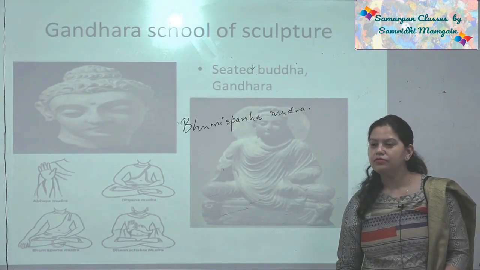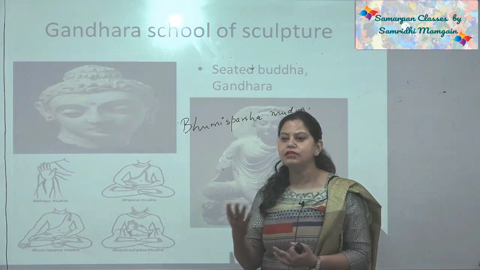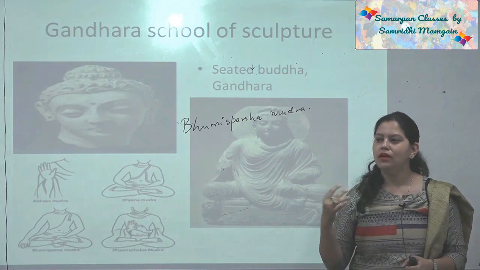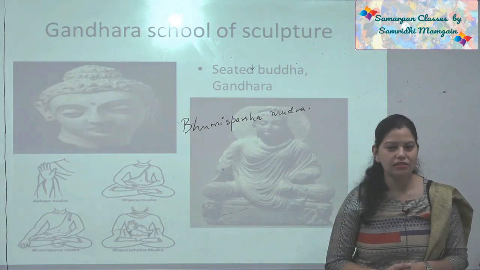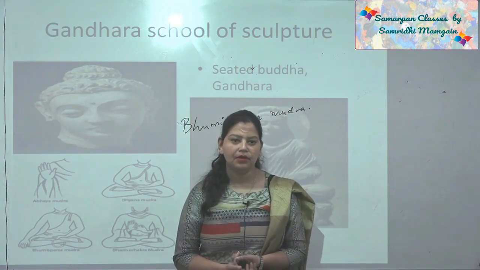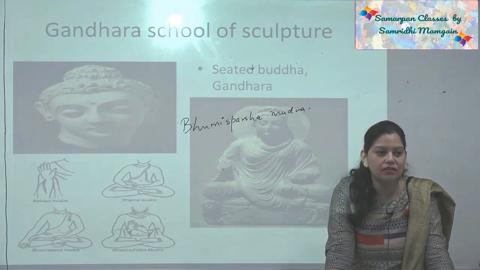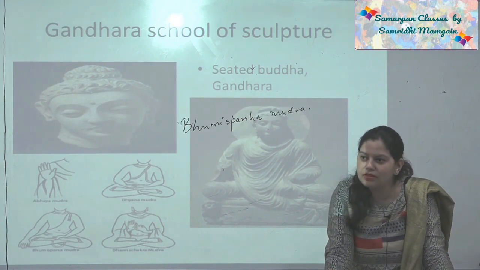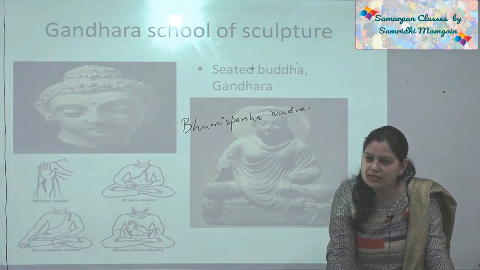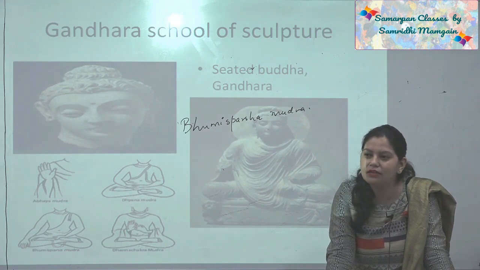So how the questions will be framed in prelims: they would give you some of the features of the school and ask you to identify the school. In the options they would give you Gandhara school, Amravati, Mathura or Sarnath school, and you have to identify which is the correct answer. So they can ask you that in this school images were portrayed with wavy hair, there was protuberance on the head, large ears, half closed eyes, and bluish grey sandstone was used as a medium of construction, and you have to identify which school it was.